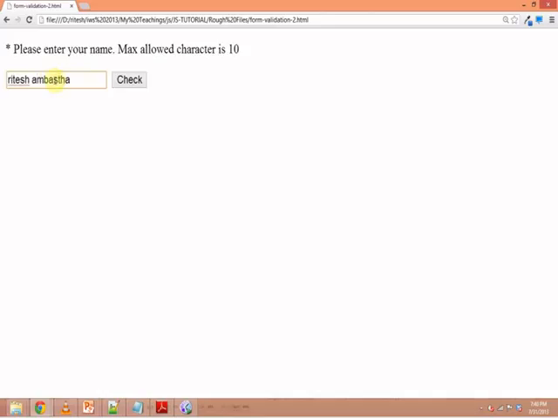You can see that it prints invalid value. So it looks better than the alert box. Yes or no? And now this is a valid value. Let's try another example. It says invalid. So you don't want to study. And let's say it is having a shorter length, so it is a valid value.